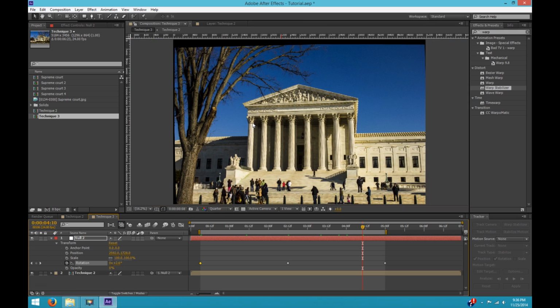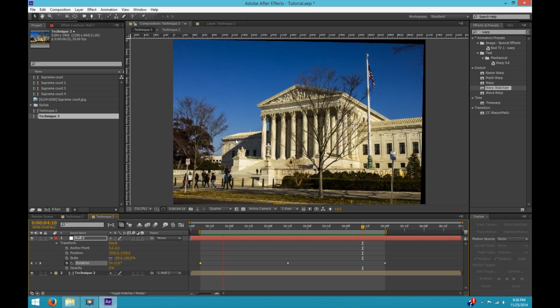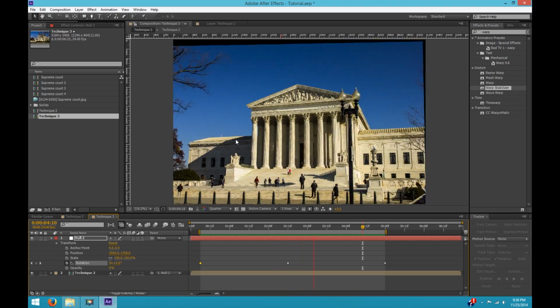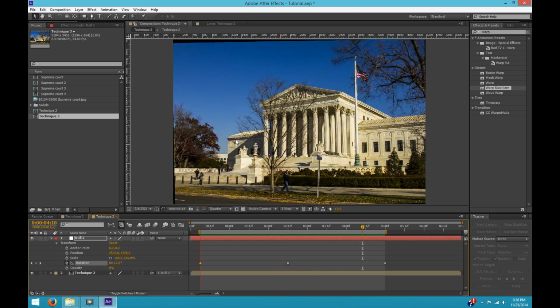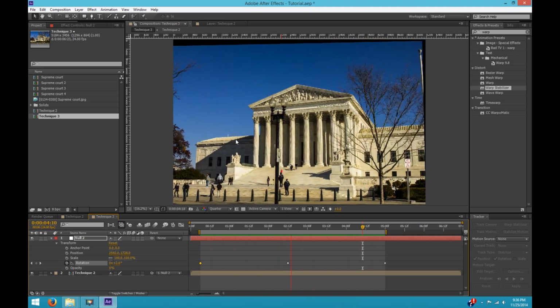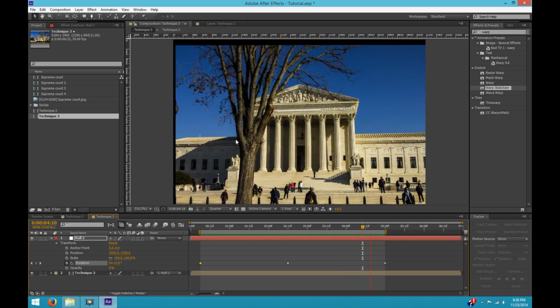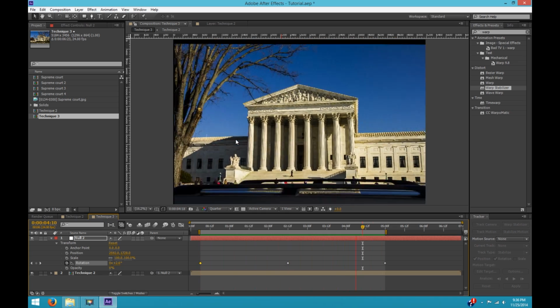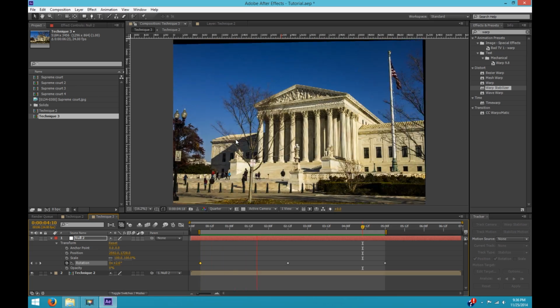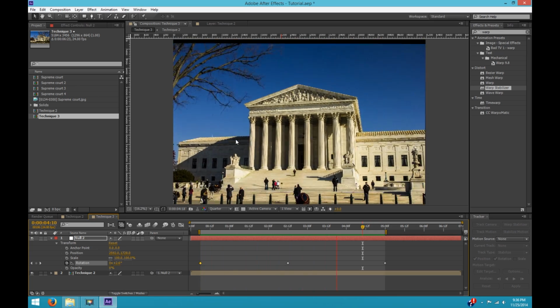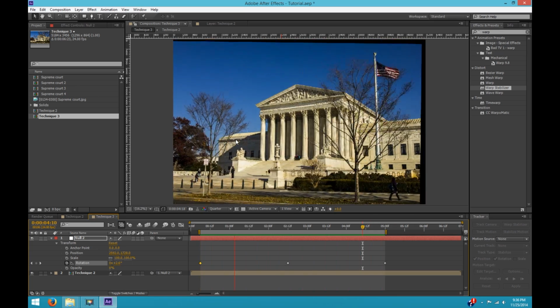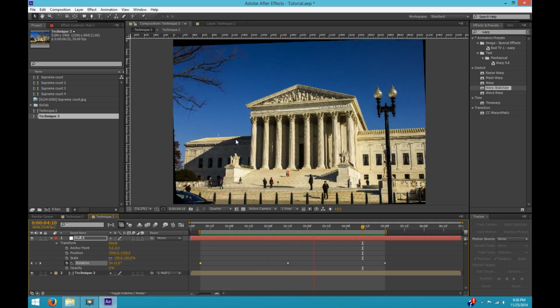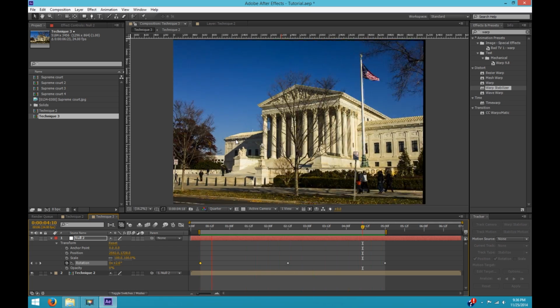So now if I do a RAM preview, so now it's pretty stable, and I've fixed the tilting problem we had. I'm not going to do the whole composition, but you get the idea of how it works. So in some cases, depending on how far you're pivoting around your subject, the rotation can be quite extreme, and you might have to do quite a bit of rotation back with the null object to get it straight again.